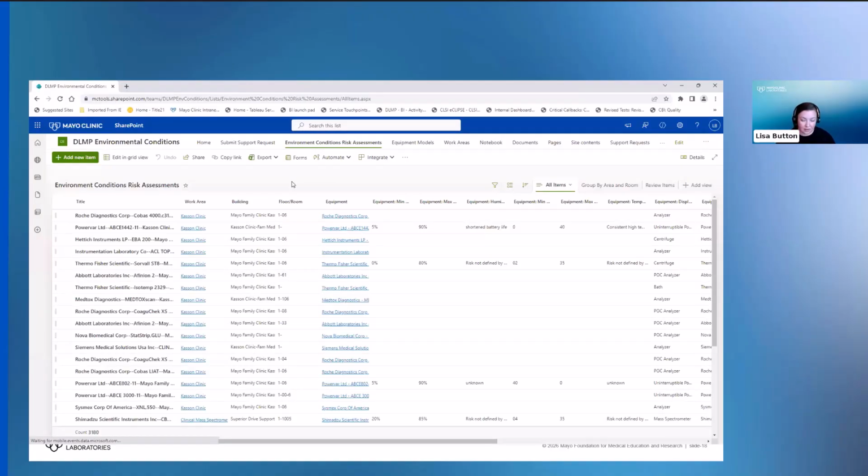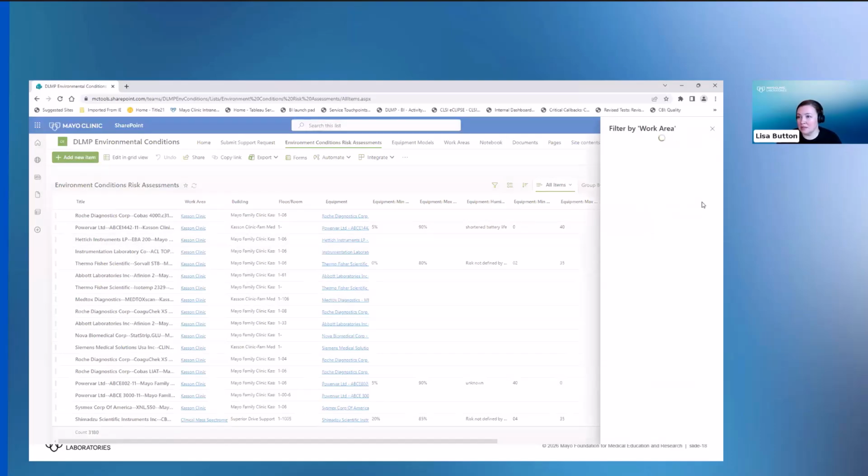Perfect. All right, so the users are able to sort by their physical location or by their work area name. One of the examples I'll show you here is for our bacteriology area. I don't have this set to have a certain view, but one of the